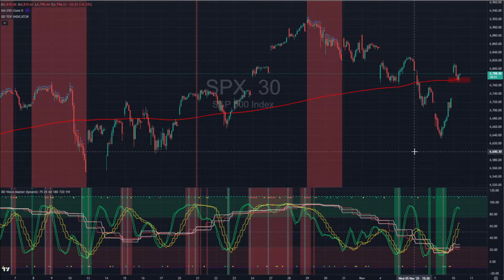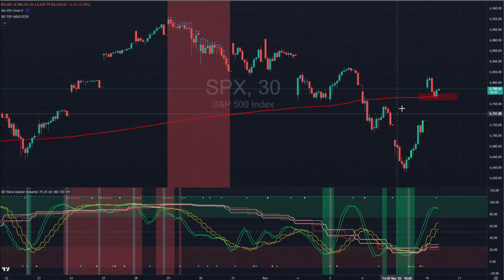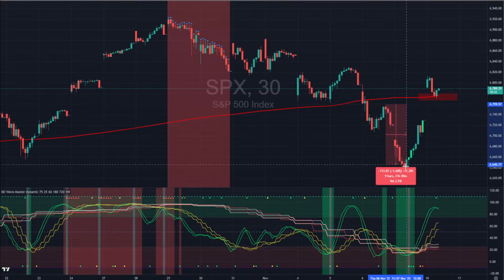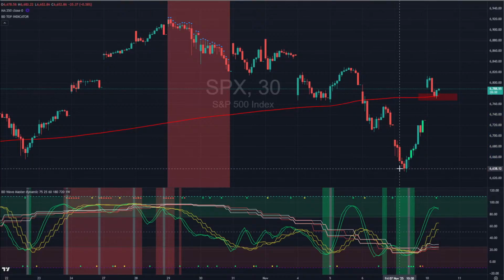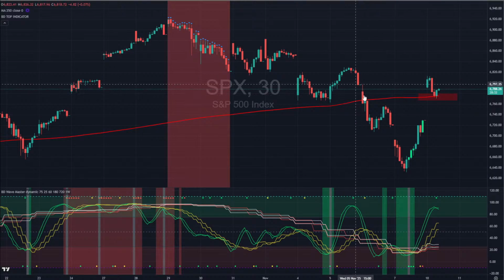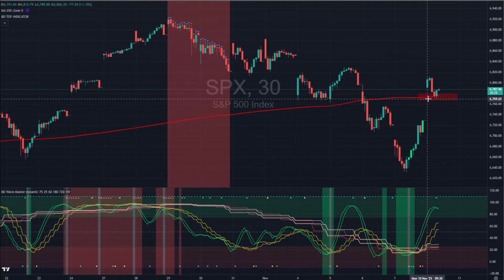So what we had last week, this would have been the perfect time to take a short. I totally missed it, and from there we had about a 126 point move to the downside. That's not really the significant top that we're looking for. We're looking for consistent movement below this 250 period moving average on the 30-minute time frame, and sustained movement below